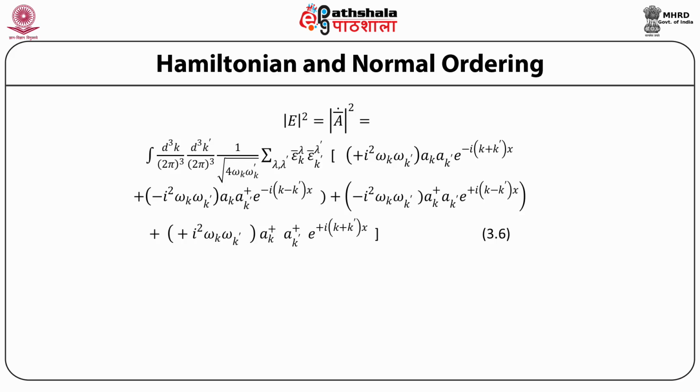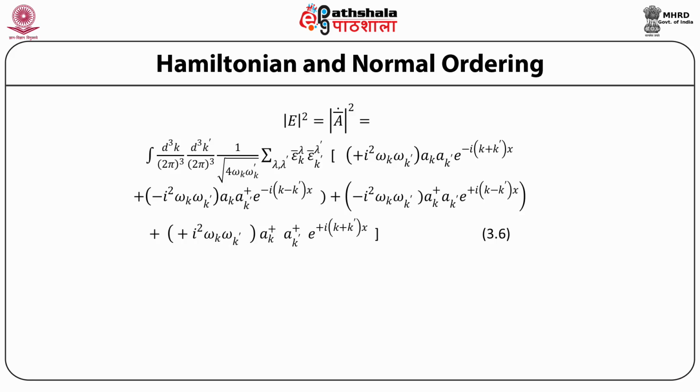Summation over lambda and lambda prime times epsilon k lambda times epsilon k prime lambda prime, and within the bracket we get an i squared omega k omega k prime term, a term with minus i squared omega k omega k prime, a term with minus i squared omega k omega k prime, and a term with plus i squared omega k omega k prime. The first term is the product of two annihilation operators, a k and a k prime, and the second one